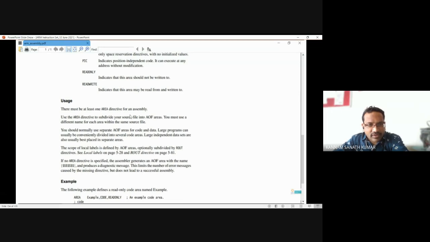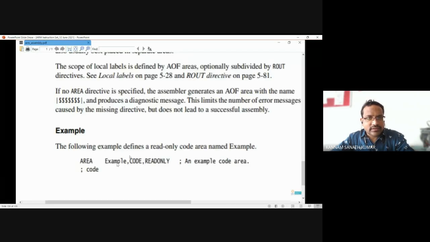In the place of read only you can write read write, and here you can implement data. So here this is an example: area example, code, read only.